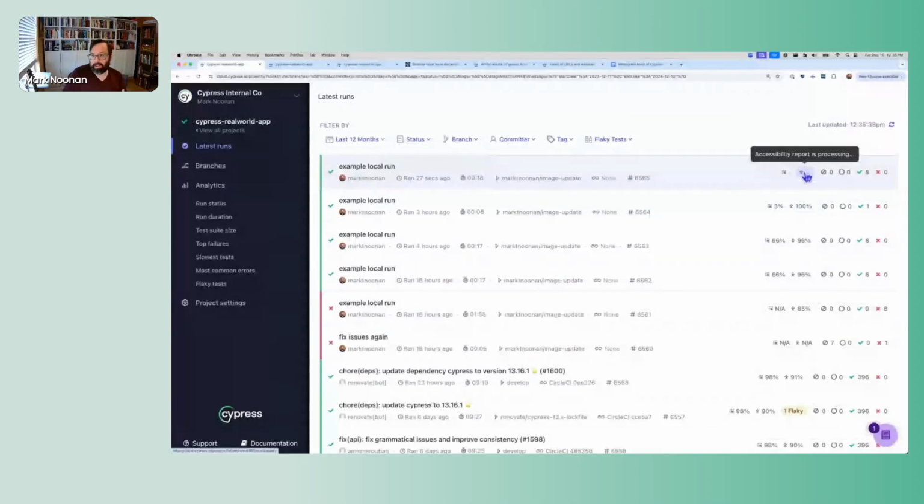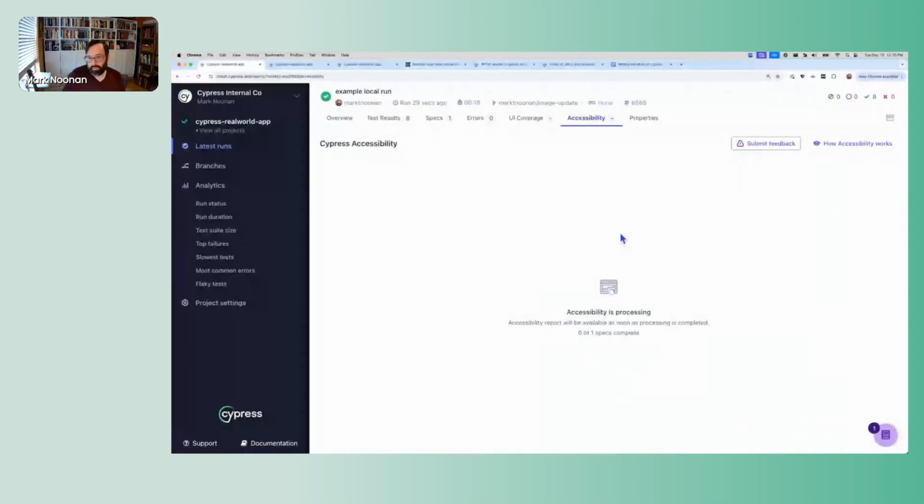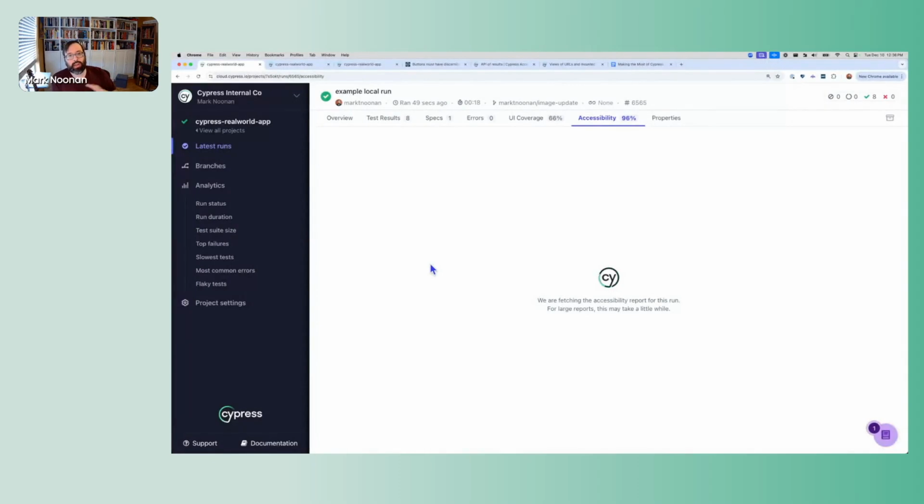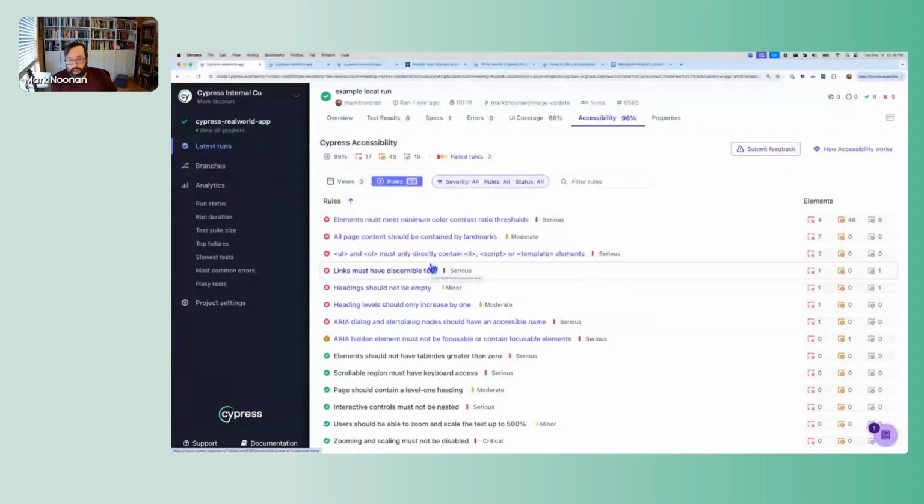It's already done and accessibility is processing. So as soon as this spec completes, we're going to have results here from the local version of the code. When we get access to this, we'll just see whatever content is in there for that particular spec. Compared to the bigger run we looked at earlier, this only has one spec, and it has axe test results. You'll have a different score and everything because you're only seeing snapshots that were processed based on what that one